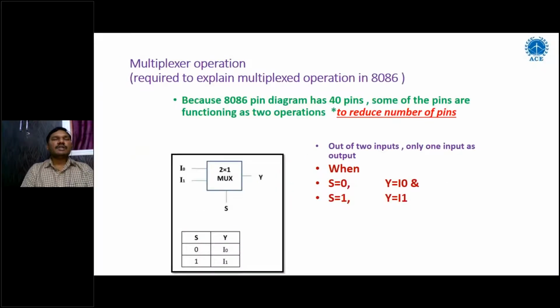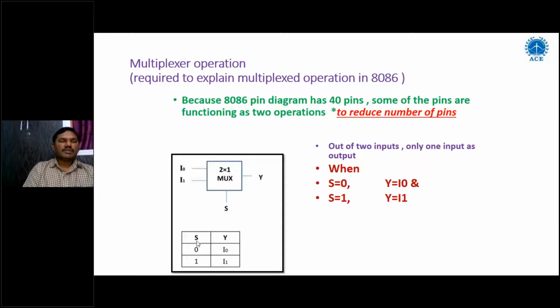So before going to the next explanation, here we need to know about this multiplexer operation. What is the multiplexer? As we all know the definition of multiplexer, out of n number of inputs, only one will be selected at the output, which is the multiplexing concept. Here how will it be selected? It will be selected by the selection lines.